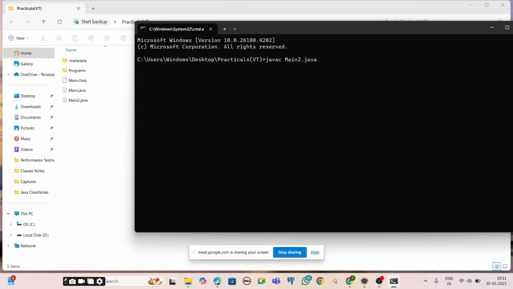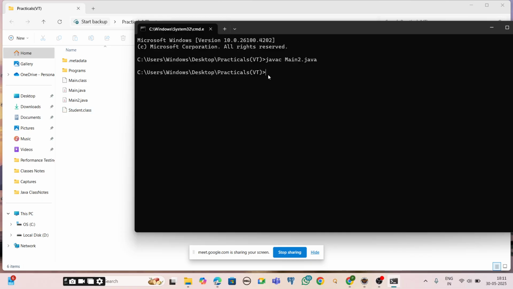Let me click enter. Yes, it is successfully compiled. As you observe here, the bytecode .class file name is Student, and the class name is also Student. Even though I am compiling main2.java, with the file name main2, the bytecode file is generated with the class name.